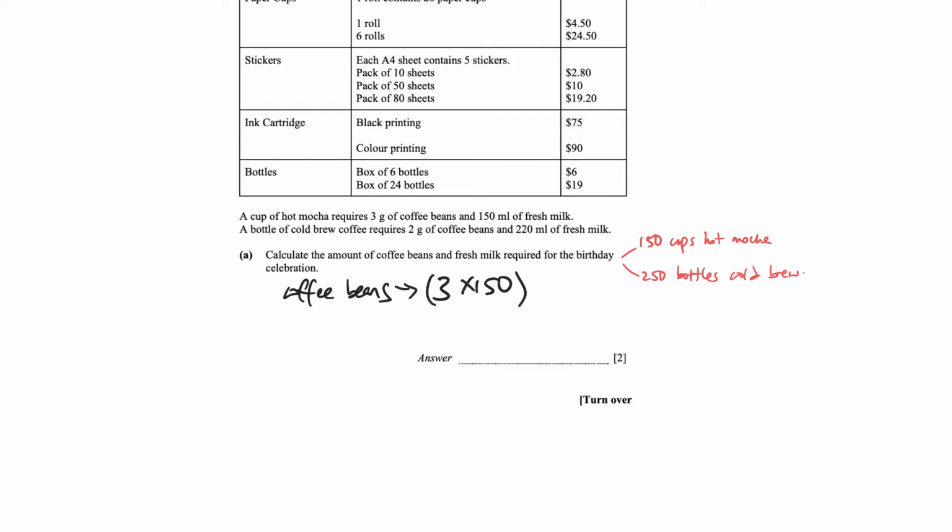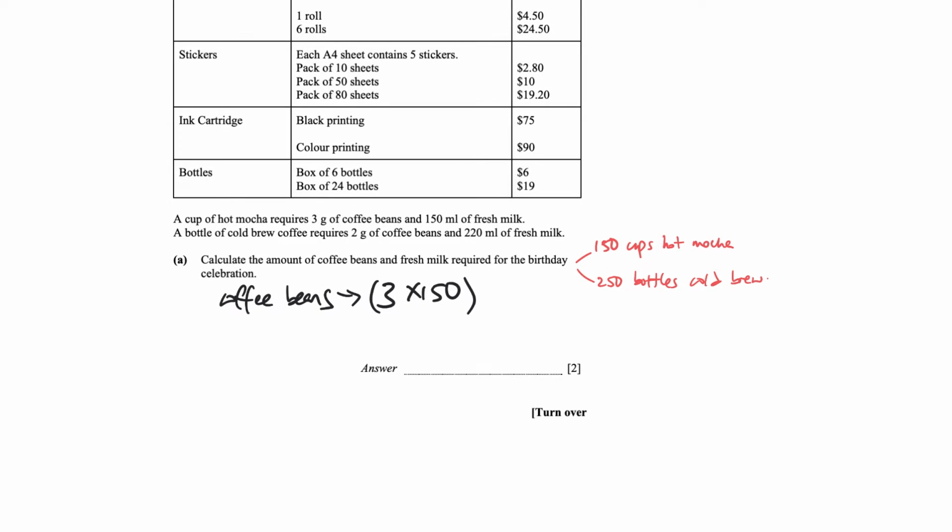So it's 3 grams per cup times 150 cups, from the hot mocha. Then I add for cold brew: each bottle requires 2 grams, and I have 250 bottles, so that would be 2 times 250. You key that into your calculator, and you get 950 grams